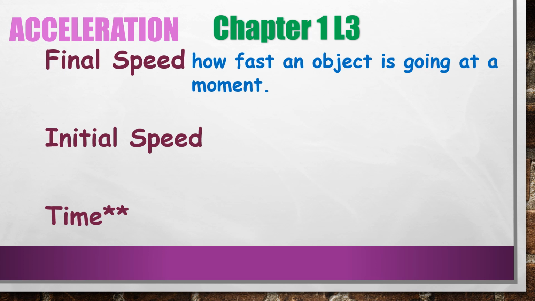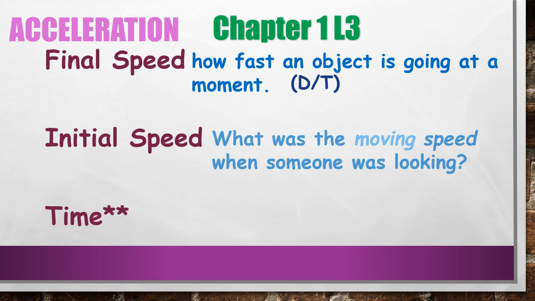Or maybe you see a vehicle flying down the road in front of your house and you want to try to calculate what the acceleration was as it sped up to go past your house. You would need to know the final speed as it's in front of your house and then its initial speed, right? So when we find speed, we're taking our distance divided by time. In our vehicles, we talk about miles per hour, right?